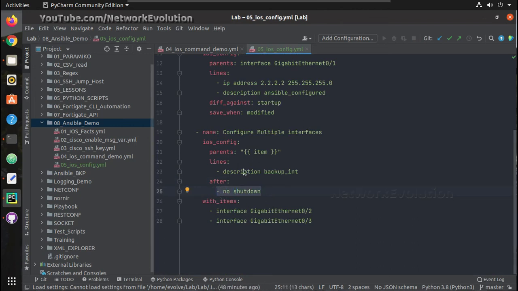Similar to that, you can even give before, and if you want to reset the interface, or if you're configuring access list, if you want to remove the access list first and then configure, you can use before. And here I'll give the condition also to save the changes. Save when modified.